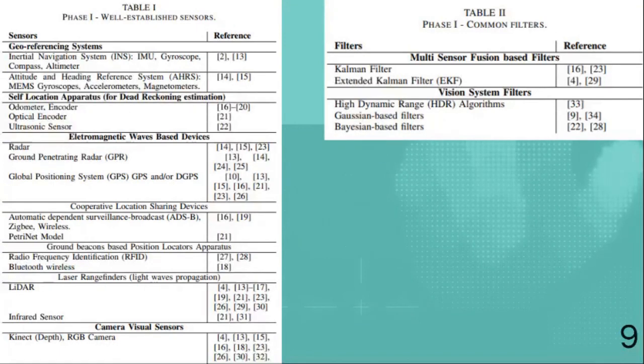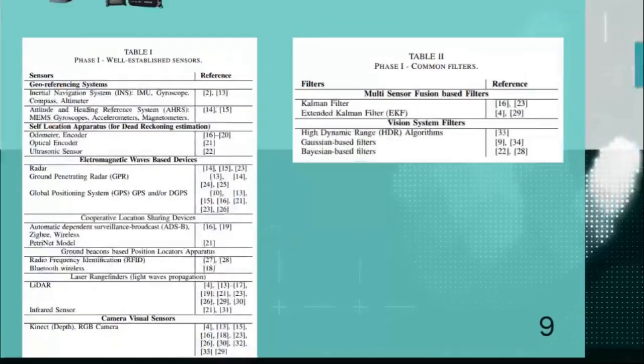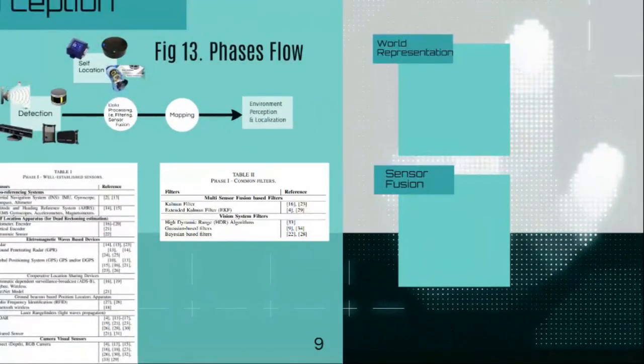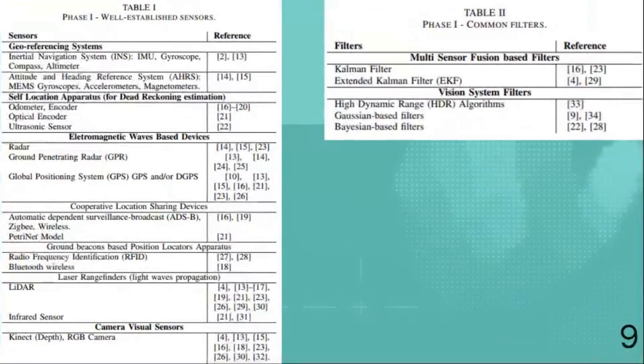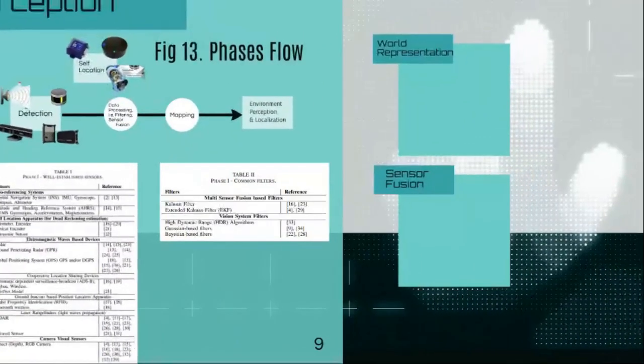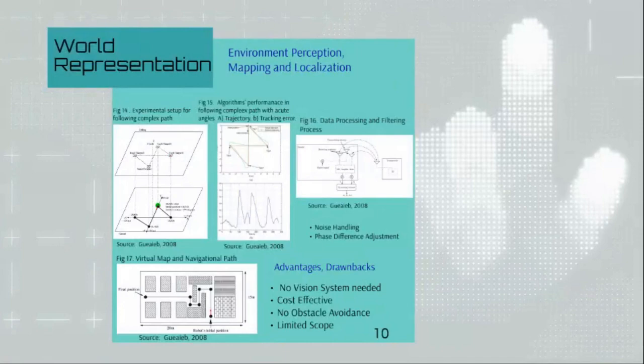And data from these filters are processed using common filters like the Kalman filter, extended Kalman filter, Gaussian filters, to ensure reliability and accuracy, as you can see in Table 2. So here we have the main algorithms which depict the sensors, the fusion process, and I have also outlined some